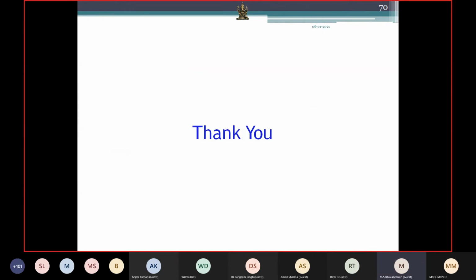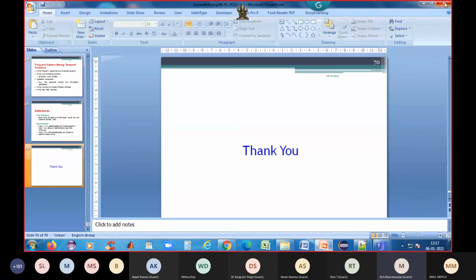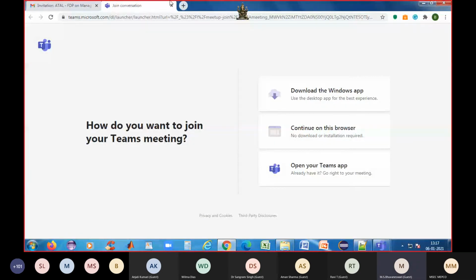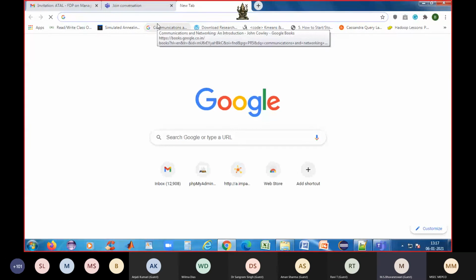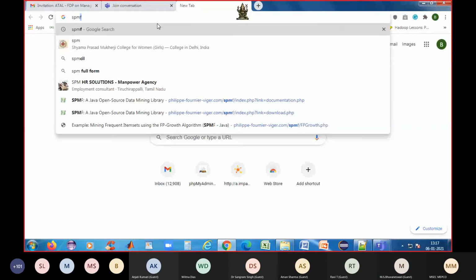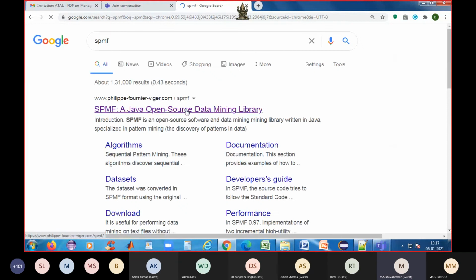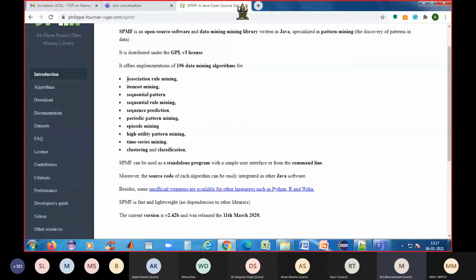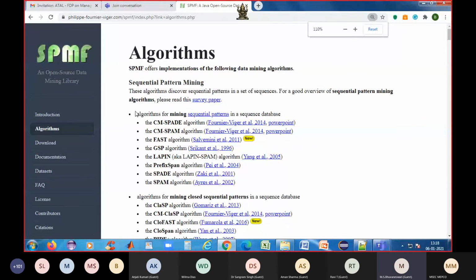So now what I will do is I will show you a demo. Okay. So that is a website for the sequential pattern mining framework. You can refer to it. So this framework is especially for sequential pattern mining, right? So we say it is the SPMF framework, sequential pattern mining framework. If you go through this website, we will be having all these things, association, all the algorithms. What are the sequential pattern mining algorithms we are having?